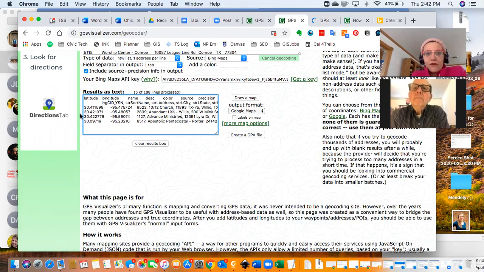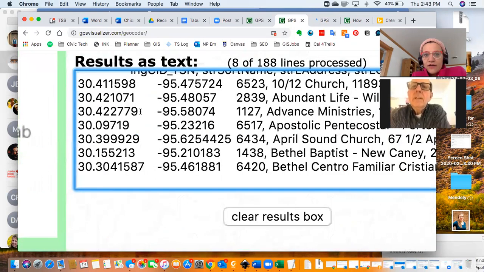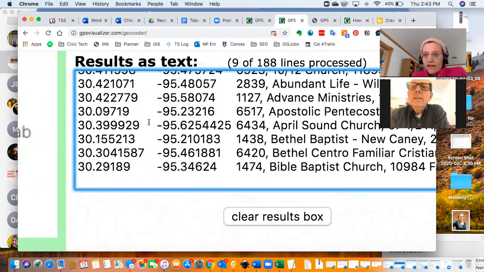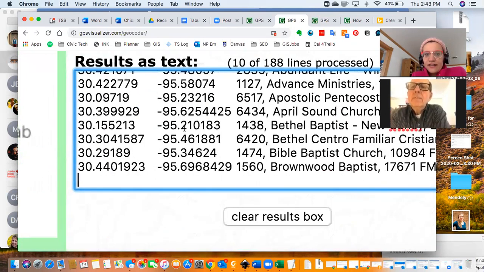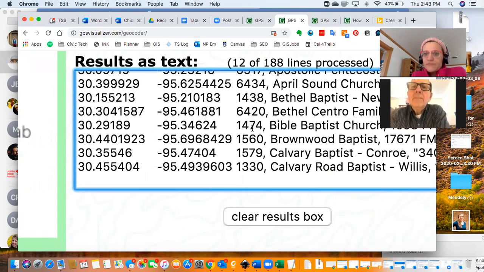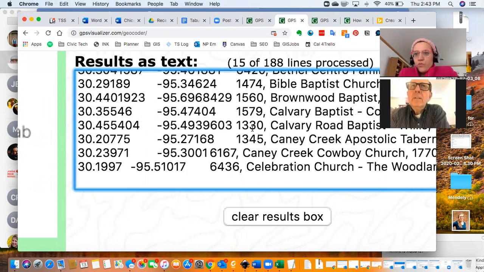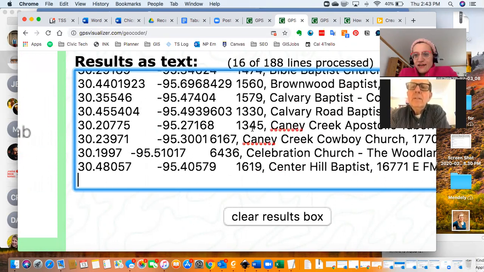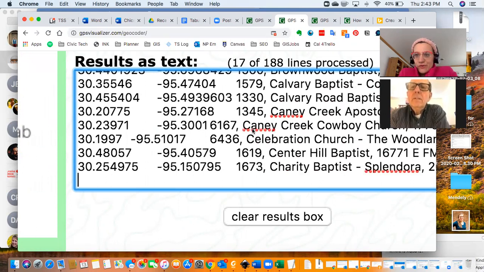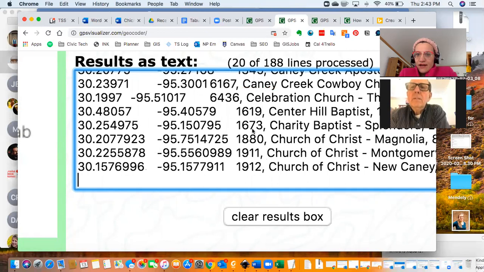And can you see how we now are getting this lat and long right here? So it's going line by line of all that data. And so now it's putting a lat long before all the rest of the data. I got it. So then once this is done, we'll just take that data, copy it back into the text file, and then you can open that up in